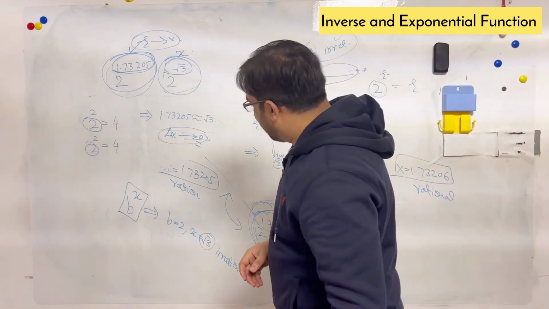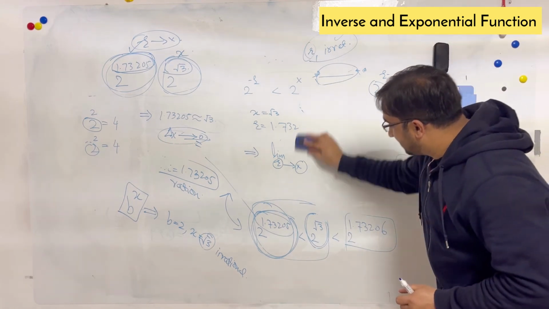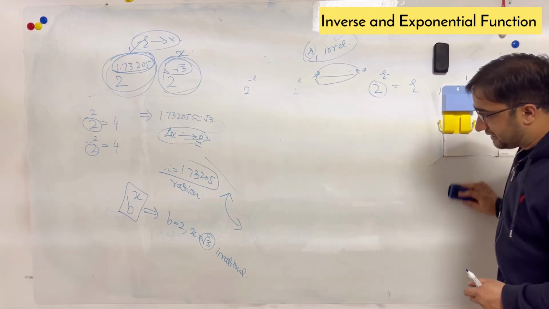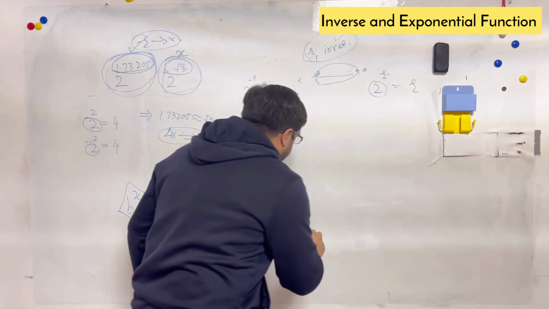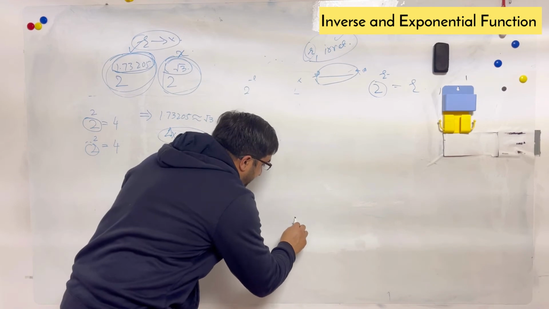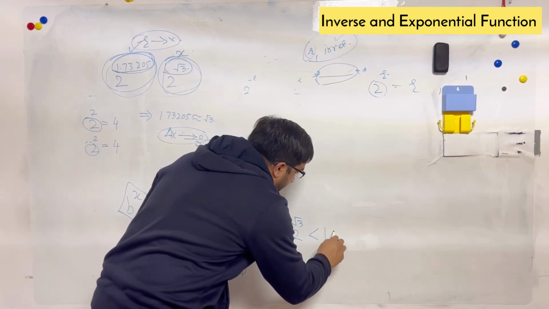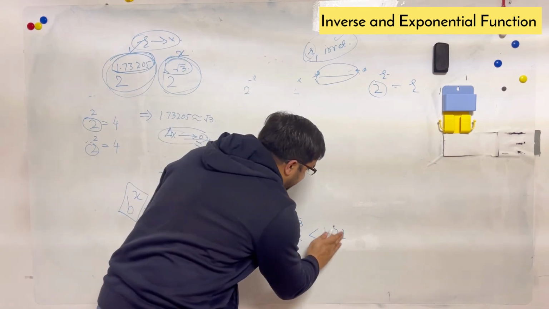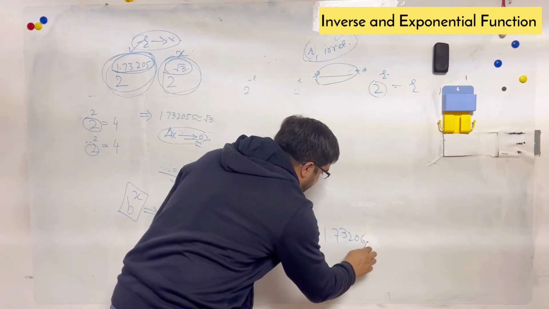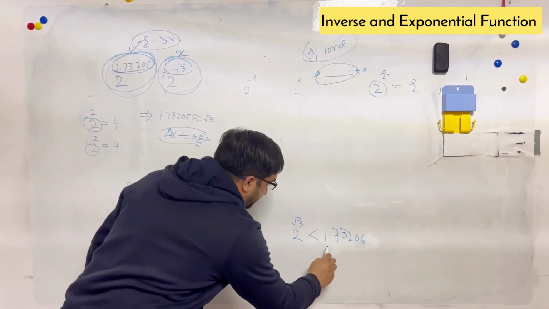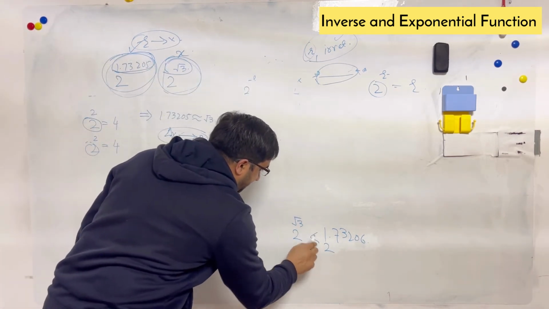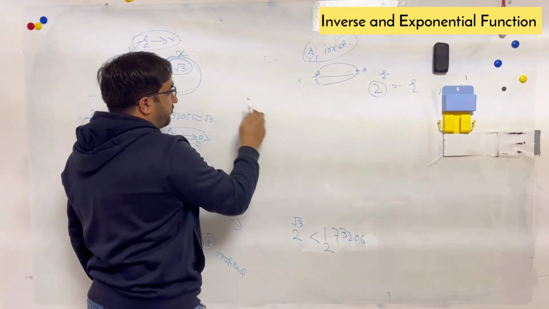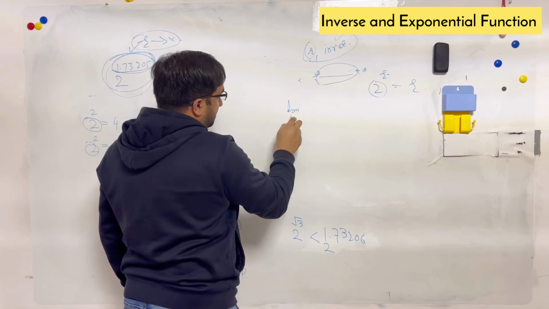Similarly, if we move from the right side, then that will be the concept of the right-hand limit. So if I take the right points, one was 2 raised to the power root 3, and it was less than 1.73206, 2 raised to the power that. So if you try to approach from the left to right, the first definition was that